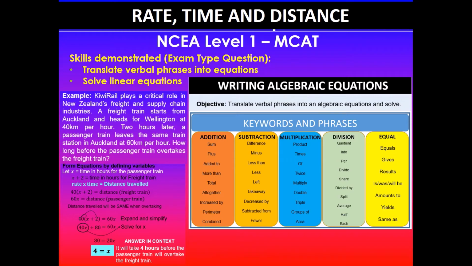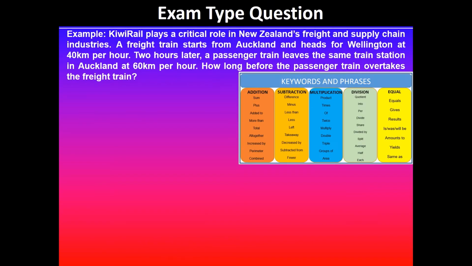So some of the skills demonstrated in this video will be writing algebraic equations using keywords and phrases and solving these linear equations. So in this question it says Kiwi Rail plays a critical role in New Zealand's freight and